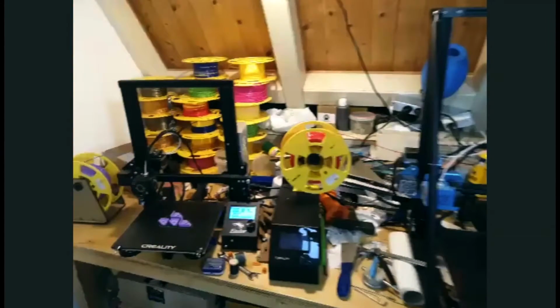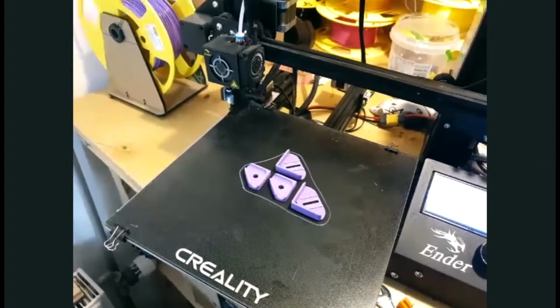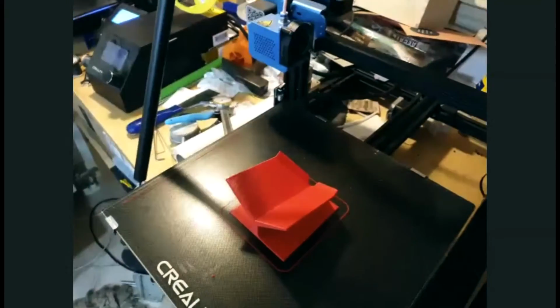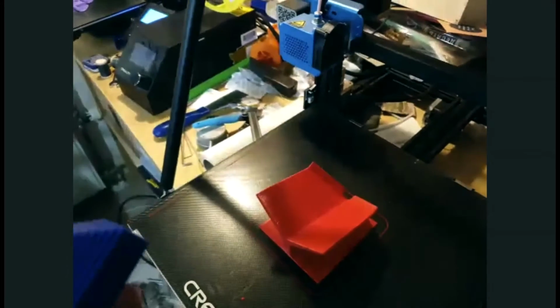And yeah, something has been printed recently. It's a corner clamp for box making, for miniature boxes. And that's something I've been experimenting with. So that's the part that was printed, and I wanted to have